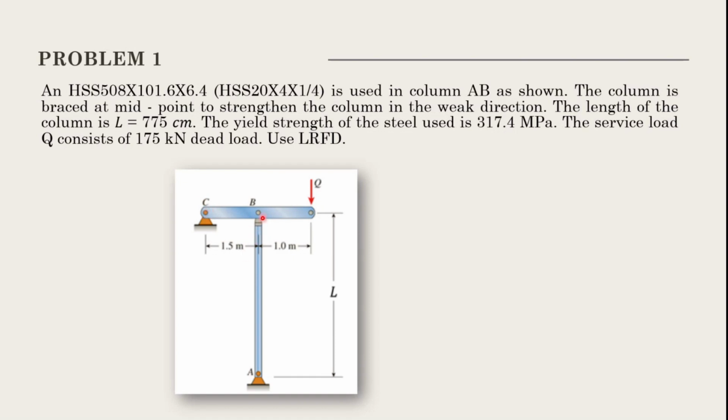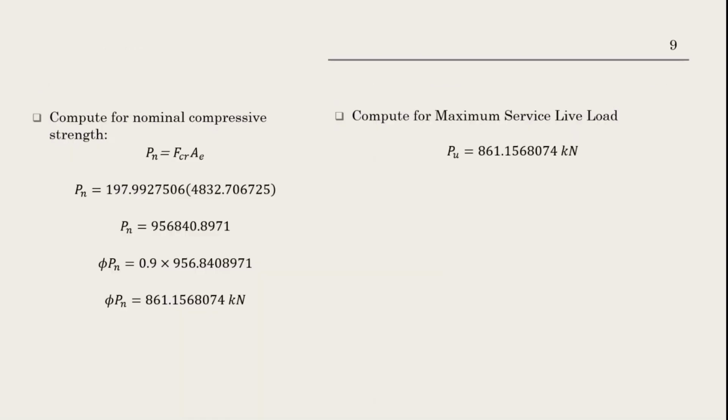So we have the P sub U, the moment arm of P sub U to C is 1.5, and then the moment arm of Q to C is 2.5. Okay, so by summing moments about point C, we have Q times 2.5 equals P sub U times 1.5. So substituting P sub U here, we can get Q,